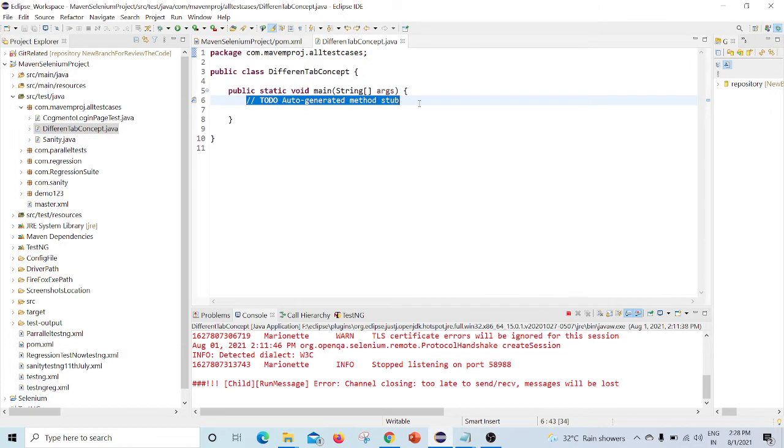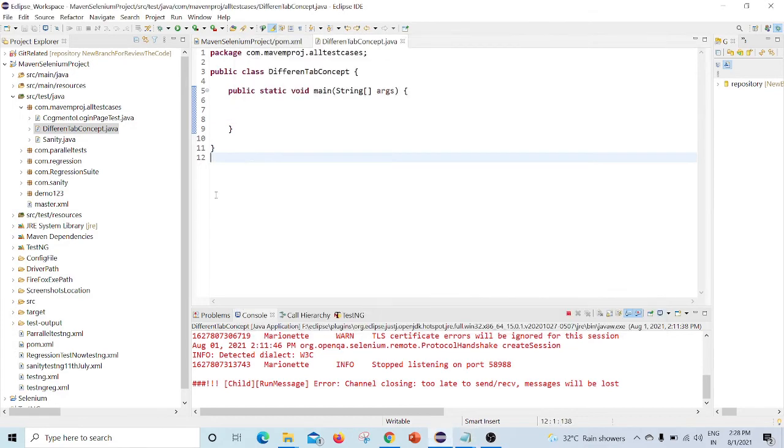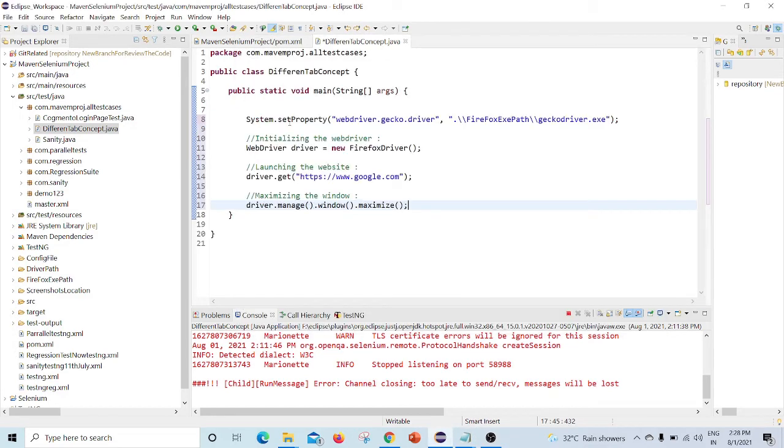So this new class is already created under the package com.maven project all test cases. Now I'll add the same code which I already wrote in my previous tutorial. I'll copy this code and paste it here.